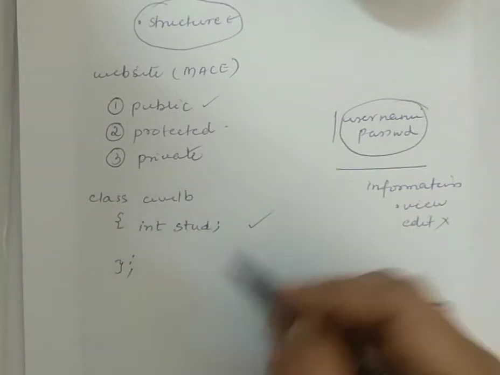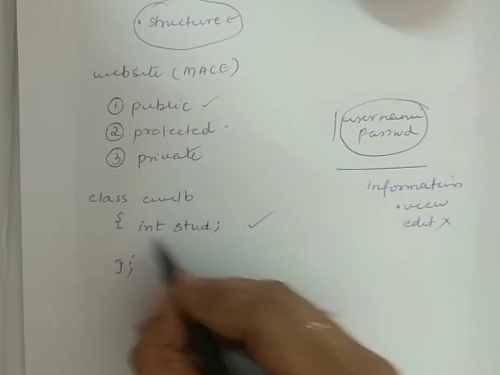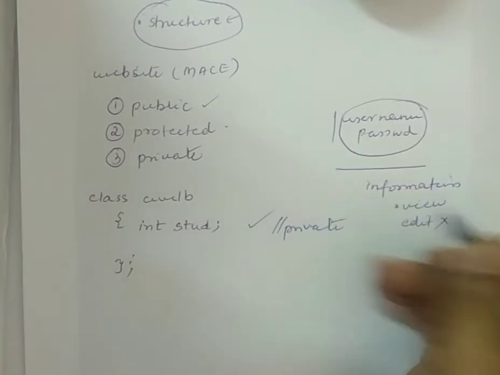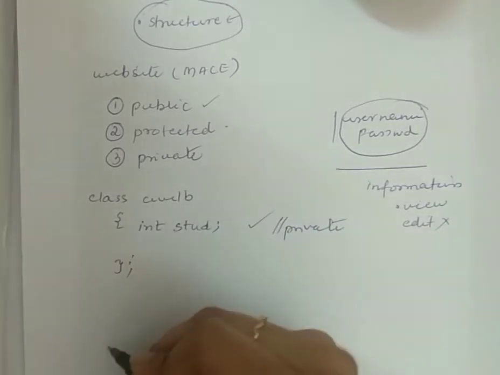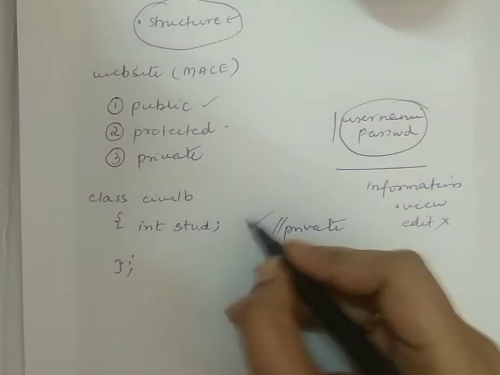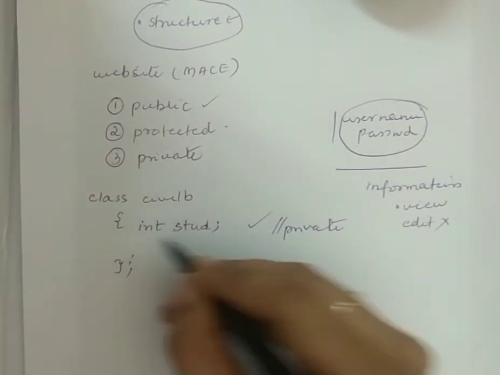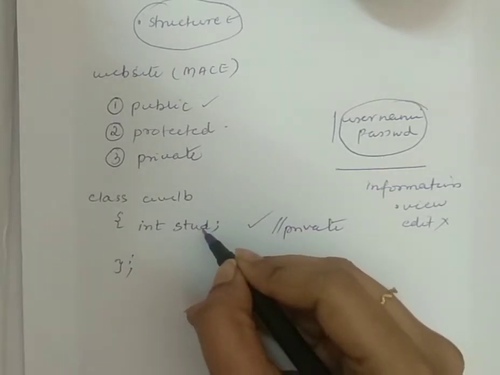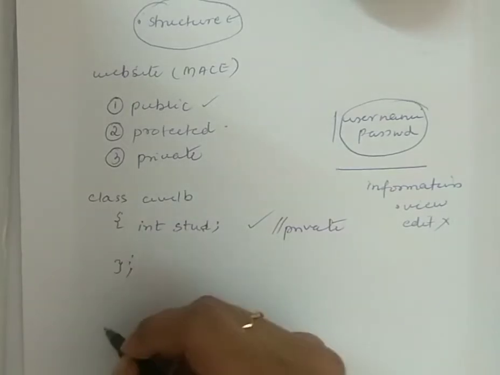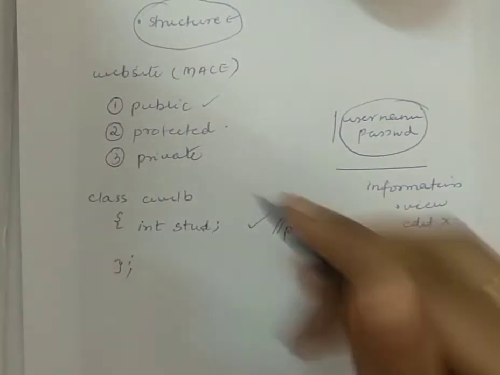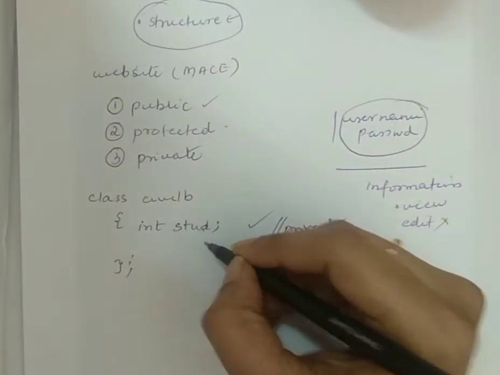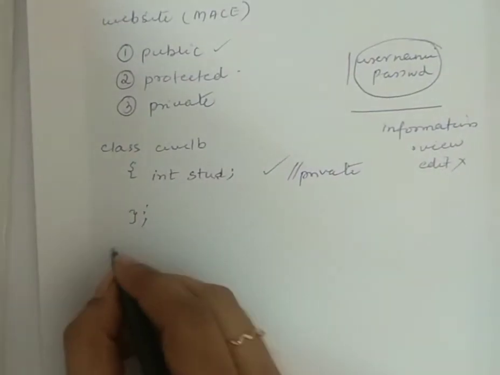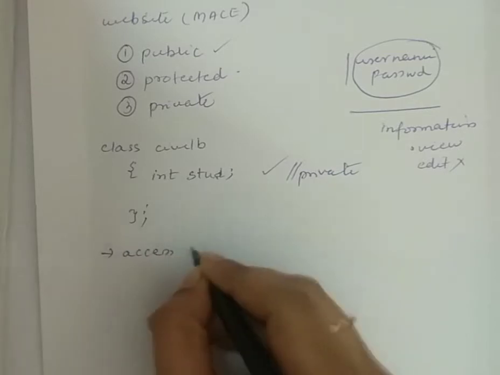When I write like this, by default, whatever members I am writing are made private. It is already private. You can't access this information outside the class. By default, whatever member I am writing just like this is a private member. It can be accessed only within the class, not from the outside. So how to make this data a public one? It is made possible using the terms known as access specifiers.